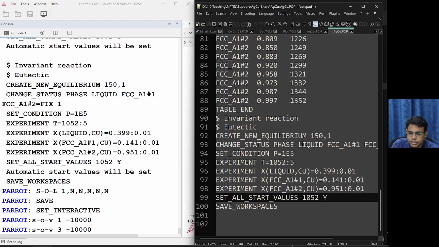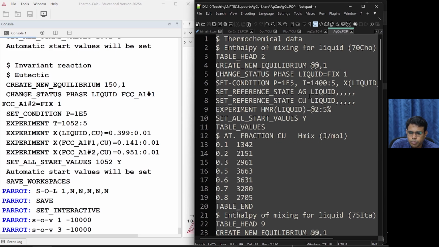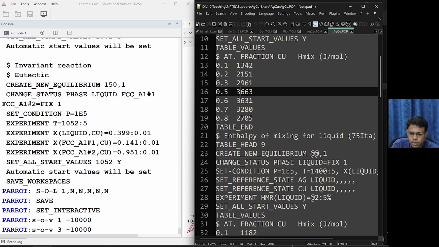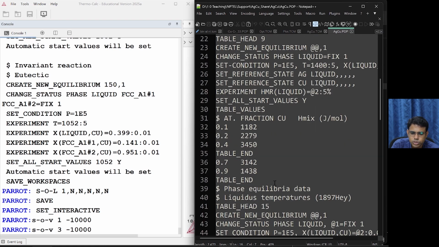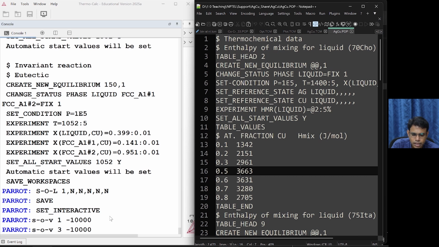I showed you in the last class how these things are entered. So in this you can see what is the number assigned, table head 2 here, meaning starting from this one, the number of experiments 2, 3, 4, 5 and so on. These are the numbers of experiments. So these two tables are here for enthalpy of mixing values. Those values will be used now for optimization initially.